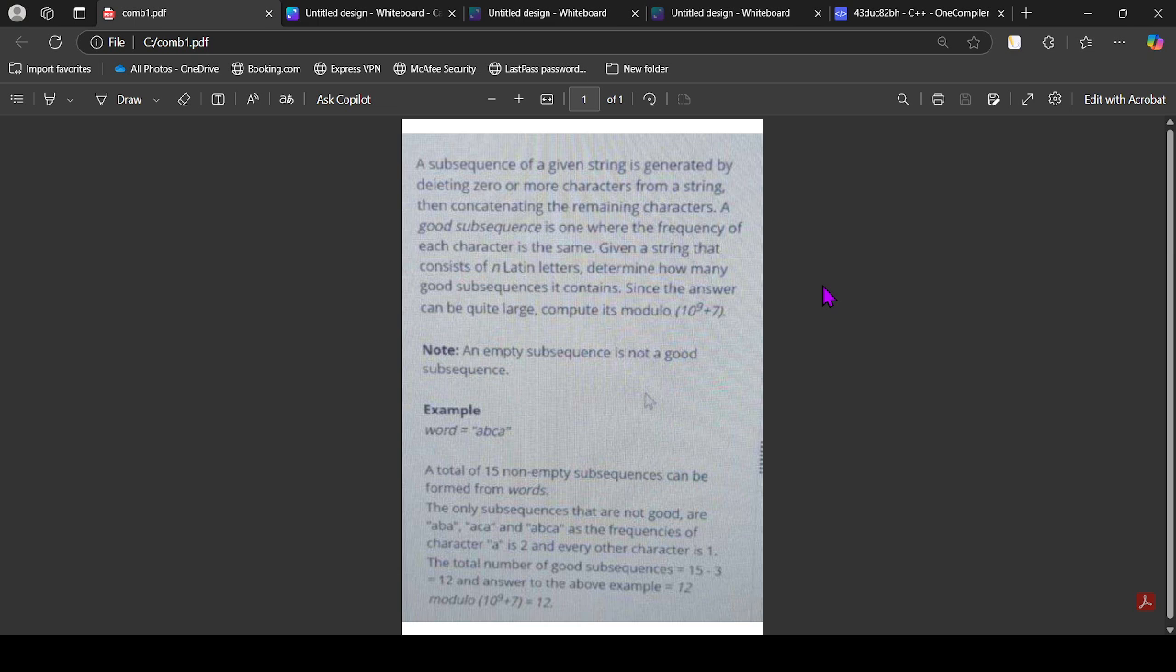So the question asks us to return the number of subsequences which are good. It means that the frequency of each character is the same in that subsequence. So given the string, determine how many good subsequences it contains. Since the answer can be quite large, compute it modulo 10^9 + 7. For example,